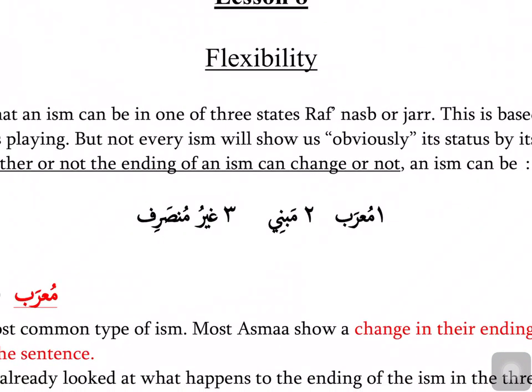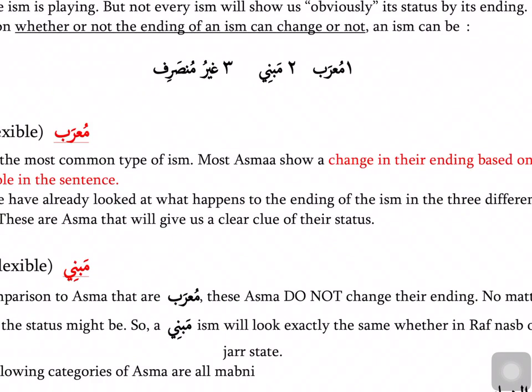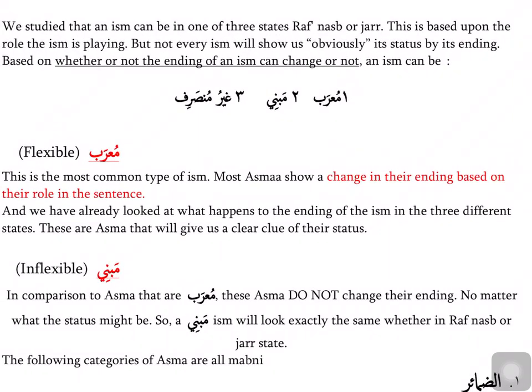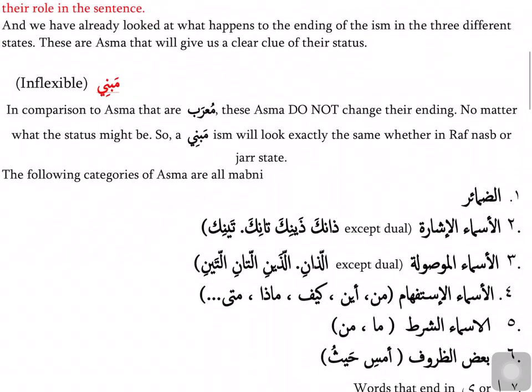So let's take a little deeper look into these types of ism. We don't need to study the mu'rab ism again because that's what we have been studying up till now in the status lesson last week. That was the ism we were talking about. So if you want to see a mu'rab ism, we can go back and look at that lesson. The ending or the haraka on the last letter gives us the clue what is the status of that ism. So that's an easy one, inshallah.